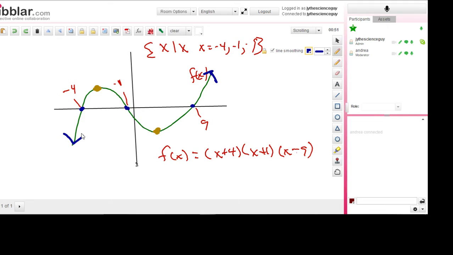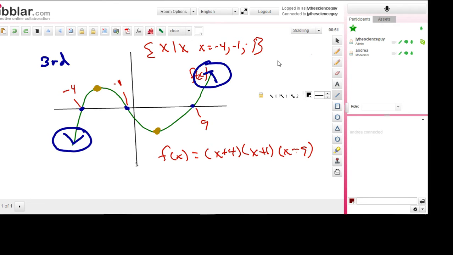So if you remember, this degree was 3, right? It's the third degree. And if I look at the endpoints, they always point opposite directions. Yes. If I draw another little graph over here,